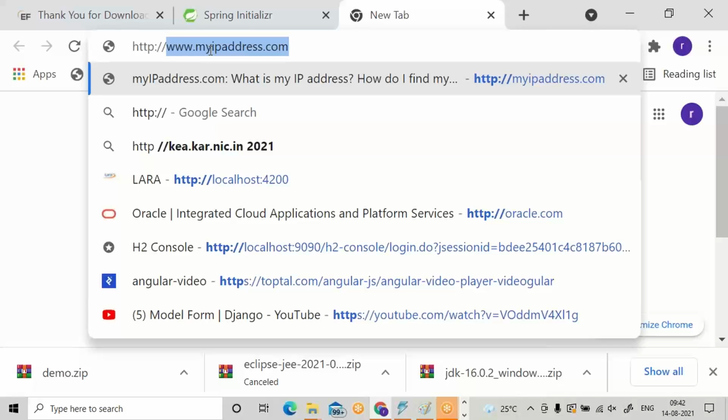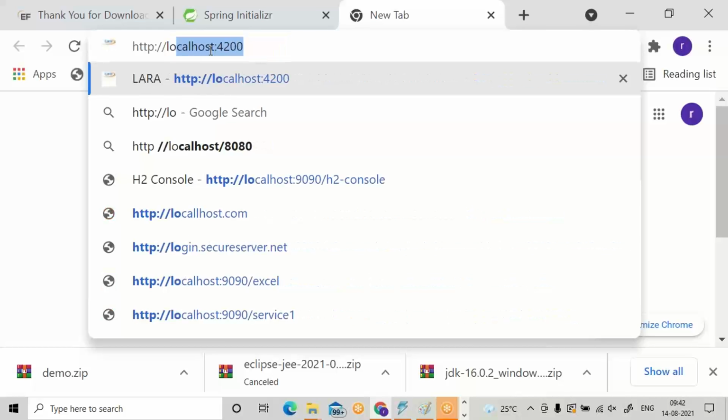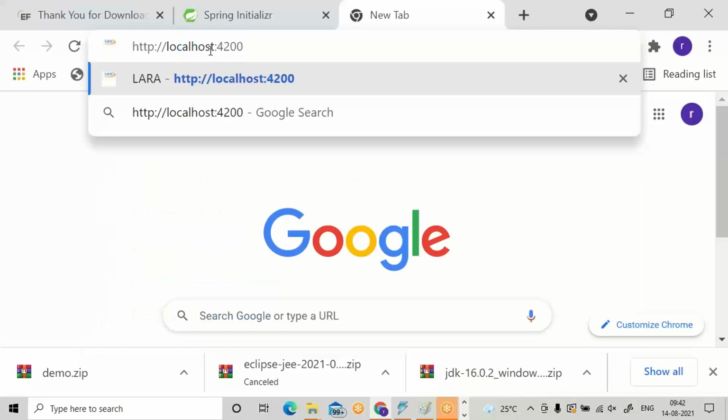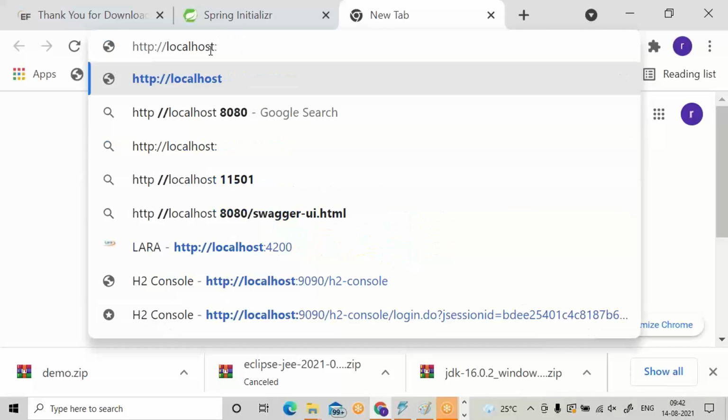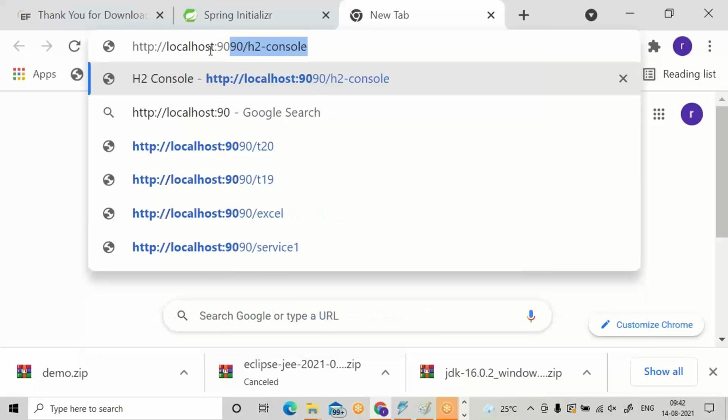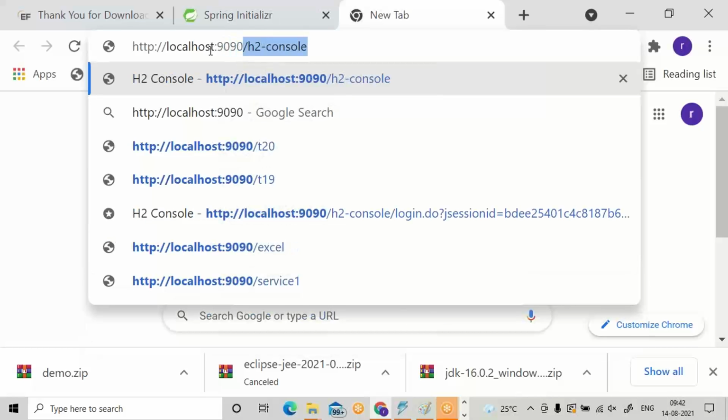Use HTTP, not HTTPS. Localhost, that is the current system. After localhost, colon, after colon, 9090. 9090 is the port number.